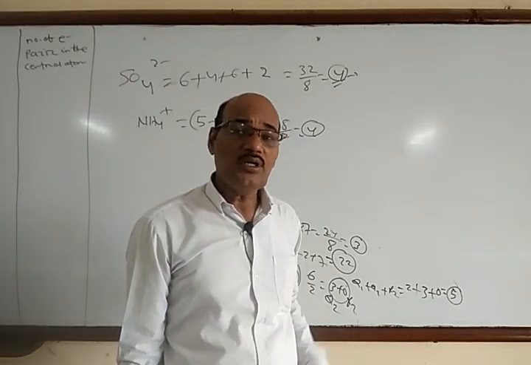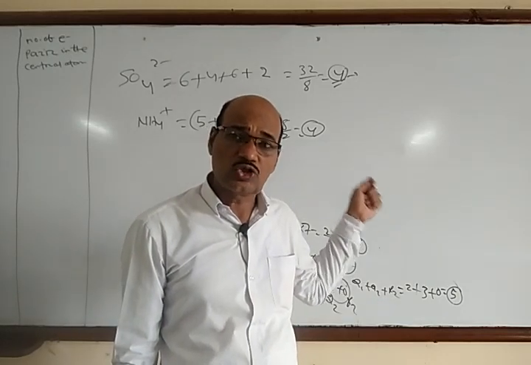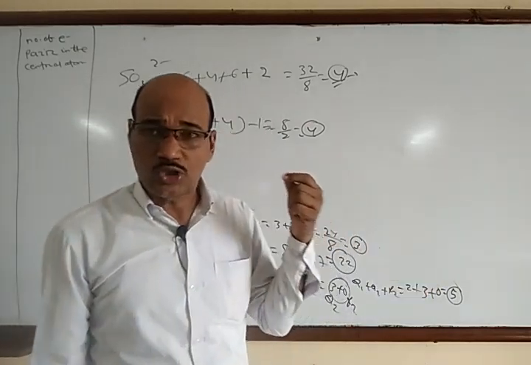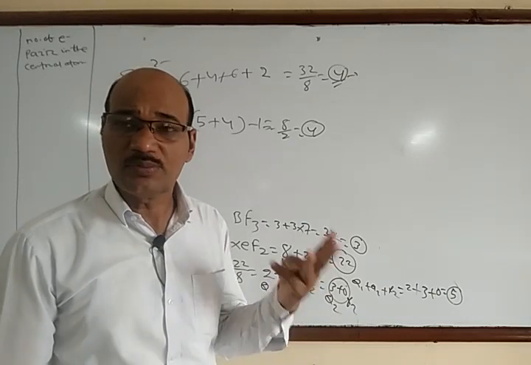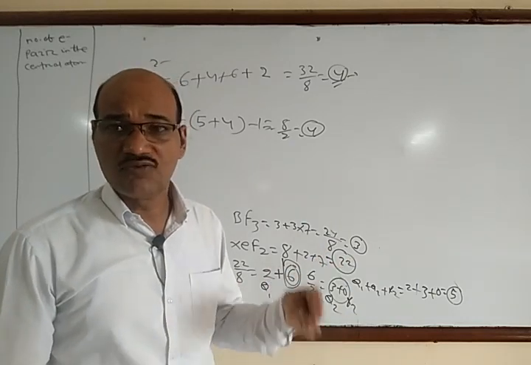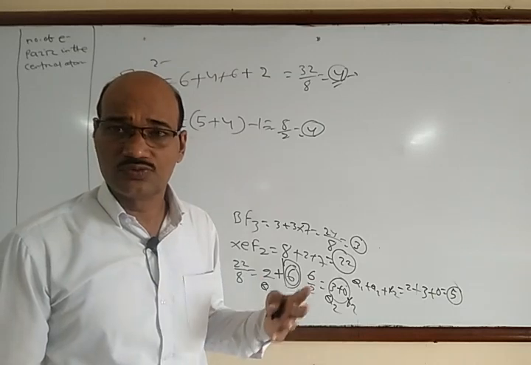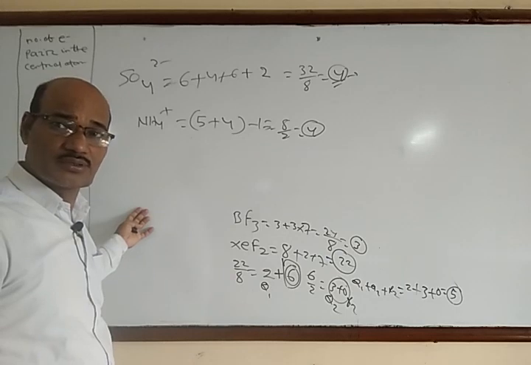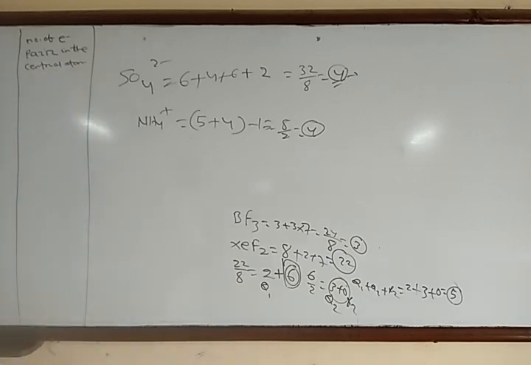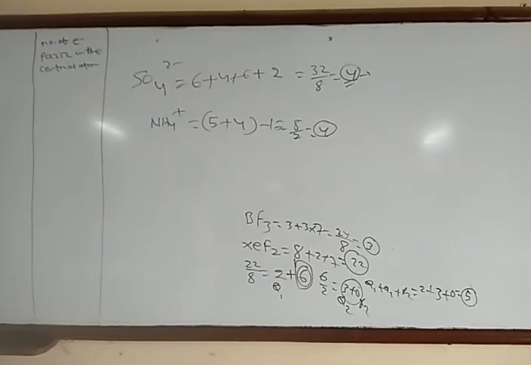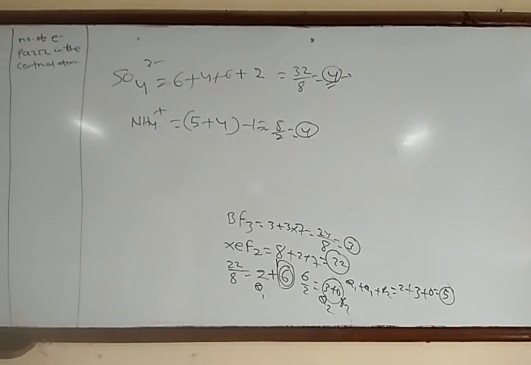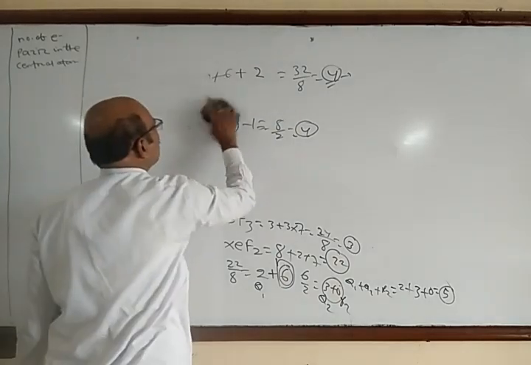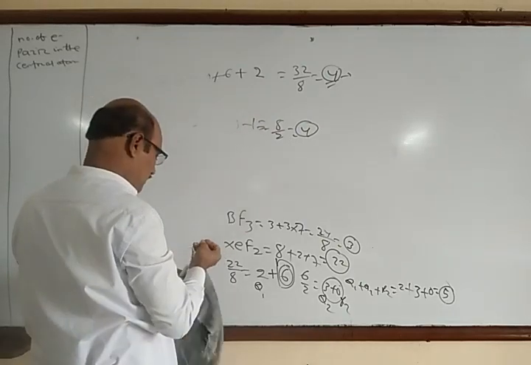Okay. So from the number of electron pairs around the central atom, we can also find out the type of hybridization. If we have 2 electron pairs, sp hybridization; 3 electron pairs, sp2; 4, sp3; 5, sp3d; 6, sp3d2, and so on. So we can also define the type of hybridization around the central atom. Clear? So in this way we can find out the number of electron pairs around the central atom.